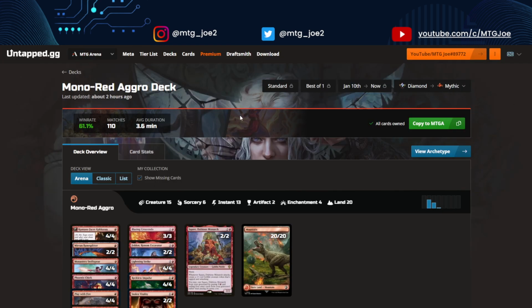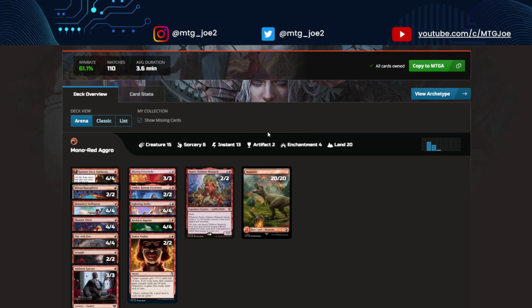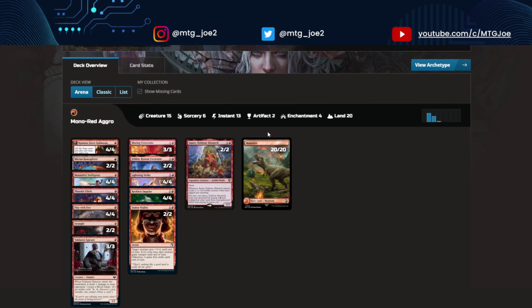Now, Mono Red Aggro is the next deck. We see it at 61%. This is actually kind of a unique one. This was the highest win rate of the Mono Red decks this week, and it's a little bit different than what we're normally accustomed to. It is a little bit more budget focused, but you are playing more aligned with the Gruul Aggro with